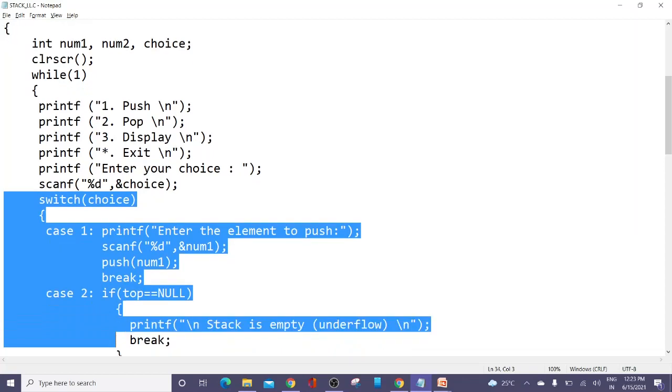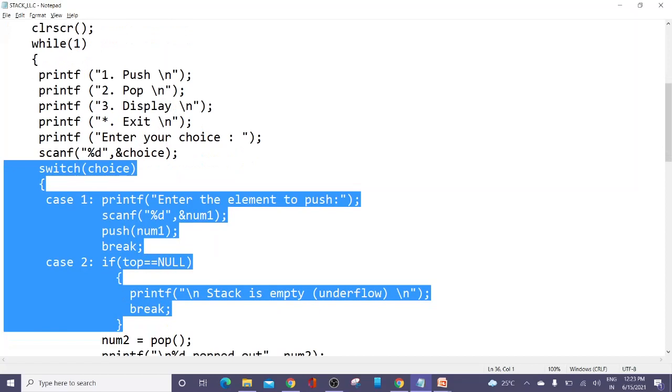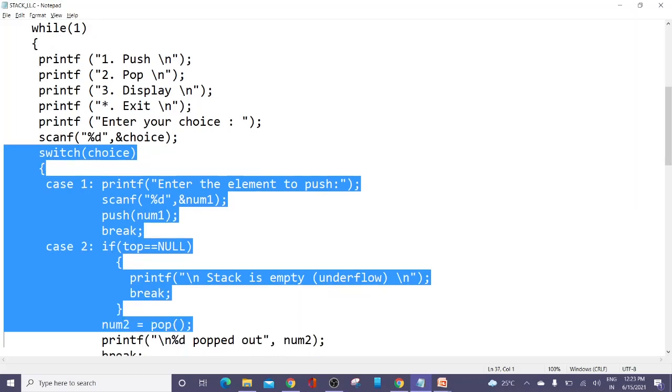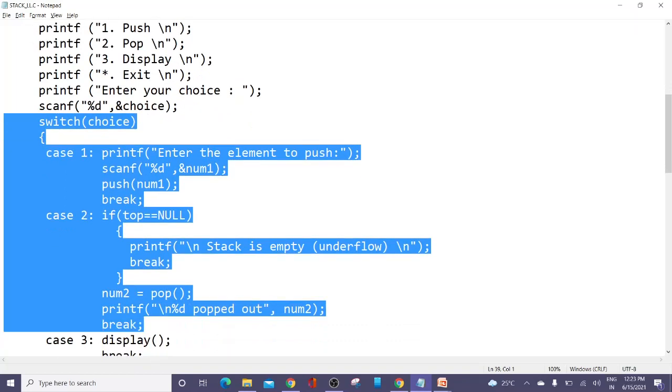If top is equal to null, you display a message, stack is empty, and you break. Don't call the function at all. If top is not null, then you call the function pop, and whatever value the pop function returns, you just display. This is the number that is popped out from the linked list, and you break.